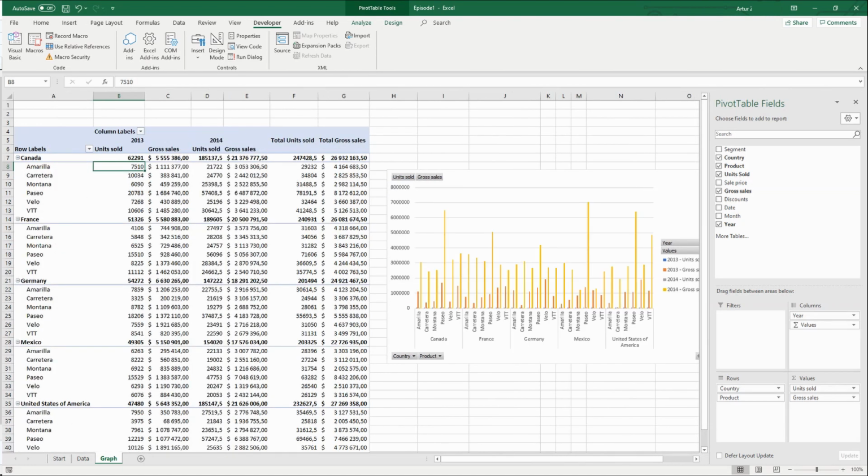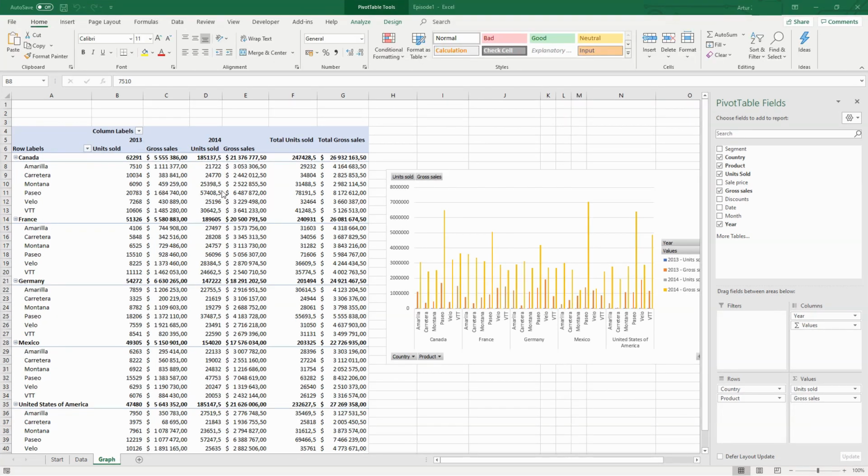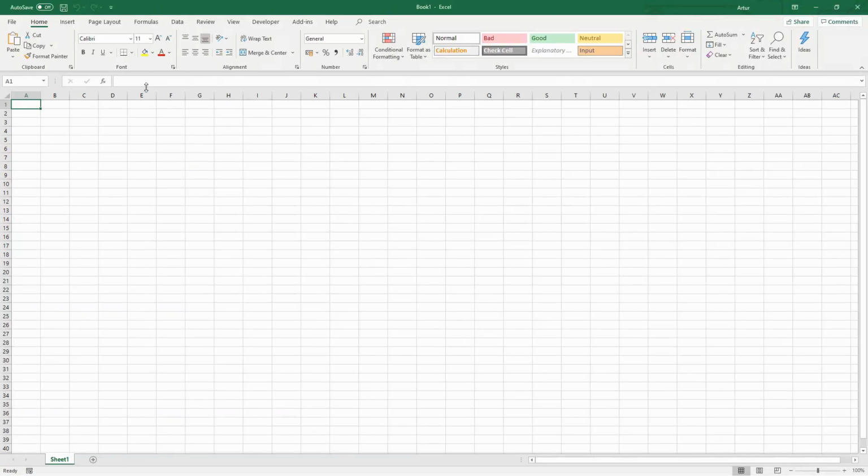Do you see it? I just added new data to our spreadsheet, then clicked refresh on the pivot table and voila, we have a fresh new report. Great, I start over by creating a new Excel file. Then I'm going to create a form for our macro.